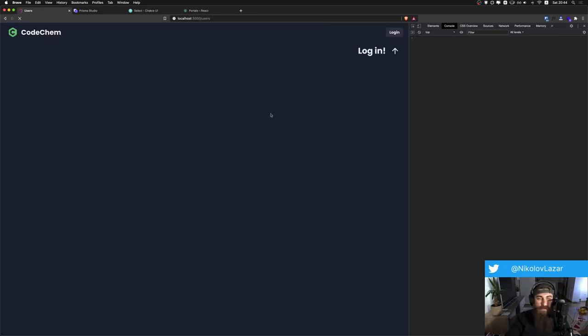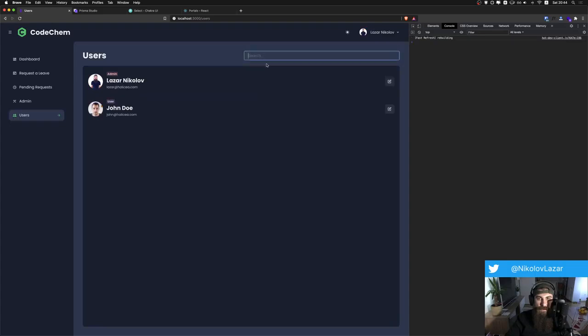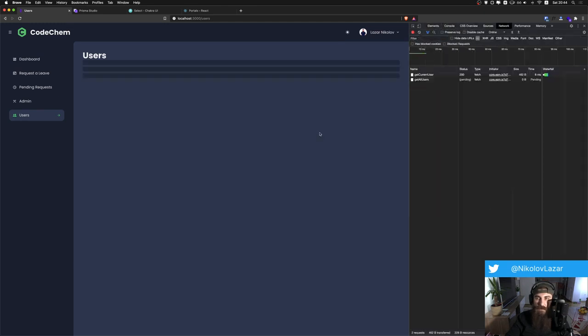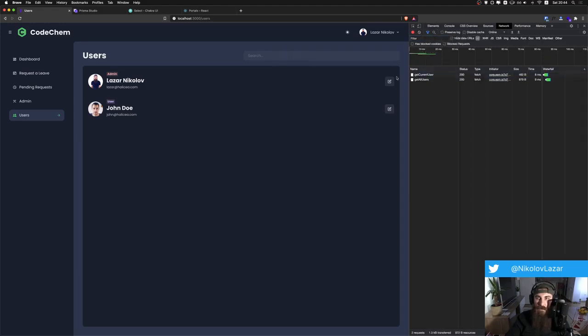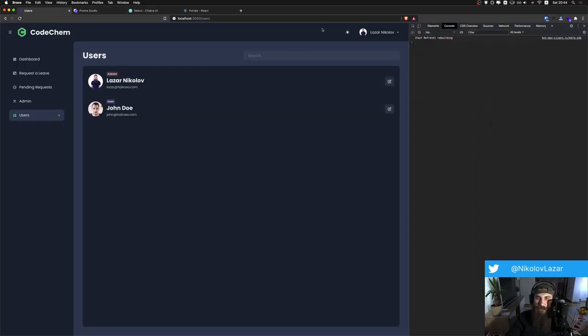Although this looks a bit weird, it kind of flickers. Yeah, see that? Oh, but that's actually going out of the page. Nice. See, check this out. Bang. When we go out of the page and get back in, the refocus actually makes React Query refetch all of the data for us, and that's cool. So we always have the freshest data when we go back to that tab. If I do this, it will trigger it as well. Okay, so we have the search functionality here,